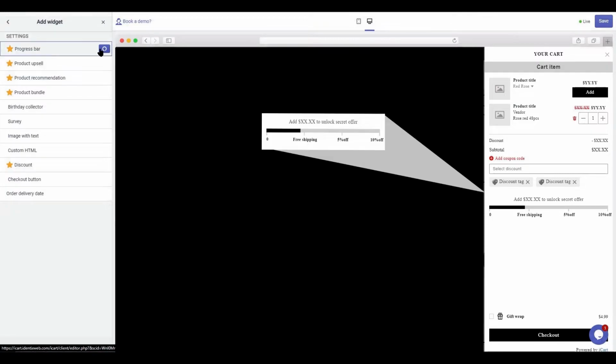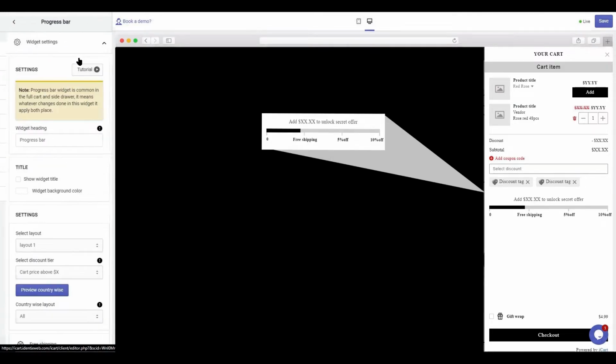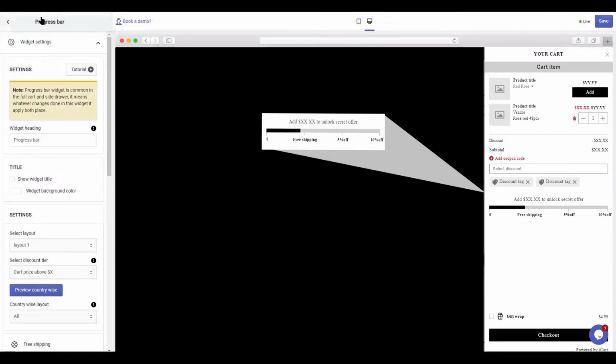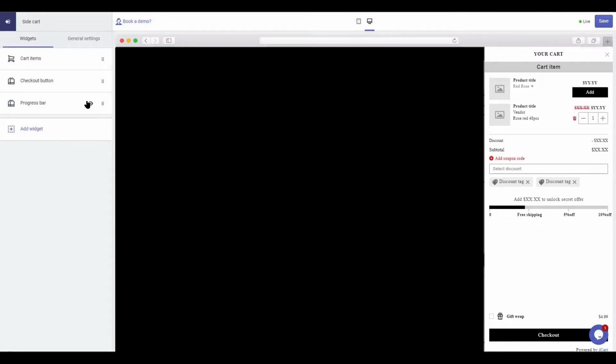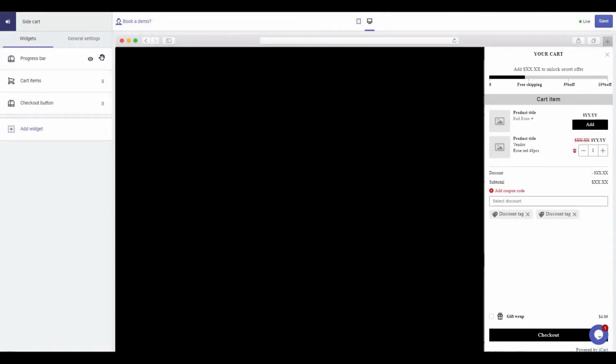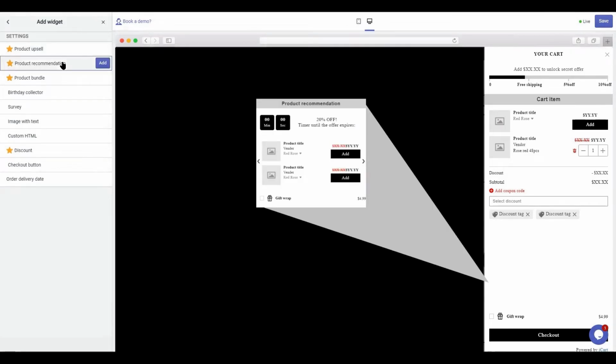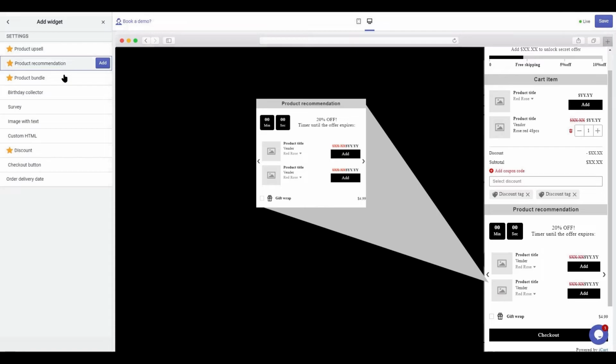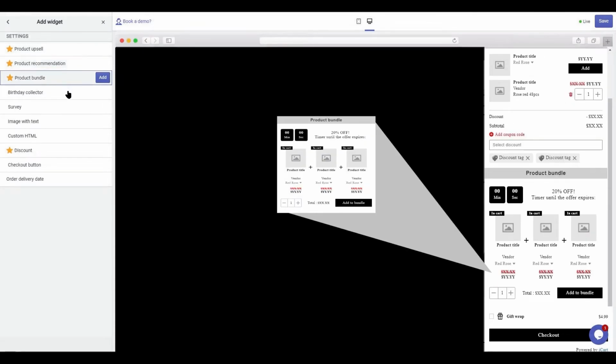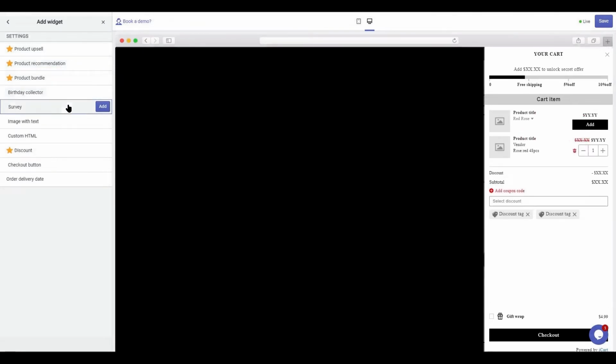Let's check out other widgets like the progress bar. You can drag these widgets as location and use the I button to hide them. You can also add other widgets like product upsell, product recommendations, product bundle, birthday collector, survey widget, image with text,